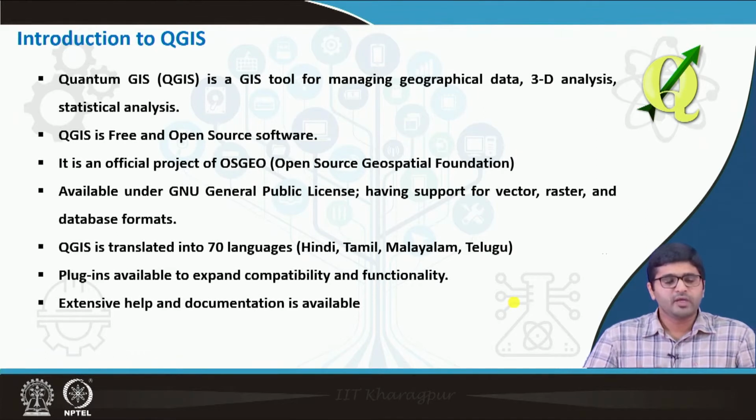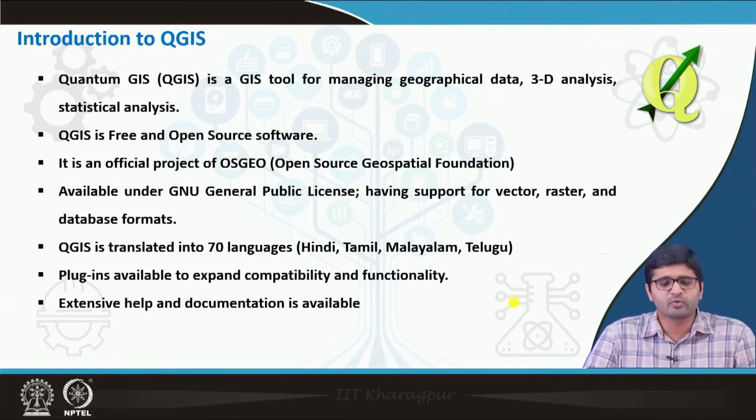The main advantage of QGIS is the availability of various plugins. Basically, plugins are extended functionalities for the existing software. Apart from the existing functionalities, if you want some more, you could simply do a Google search for a QGIS plugin with the particular functionality. If that plugin is available, you can simply go to QGIS, download that particular plugin and start using it. How exactly to do that, we will see in the upcoming slides.